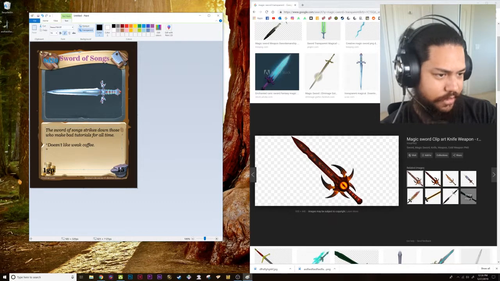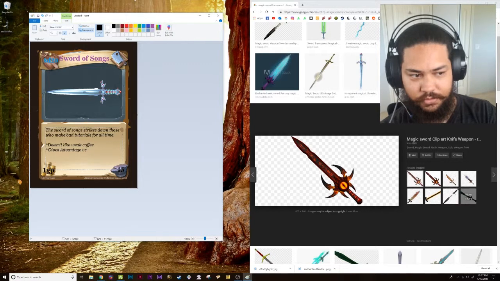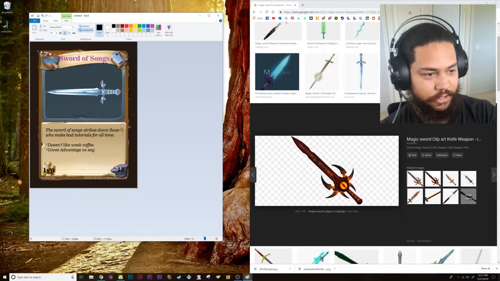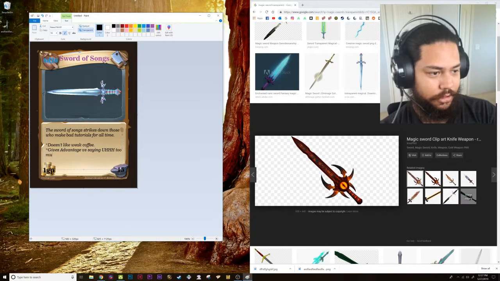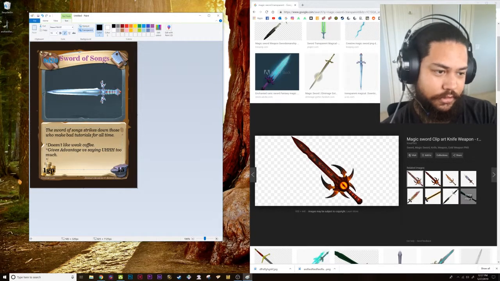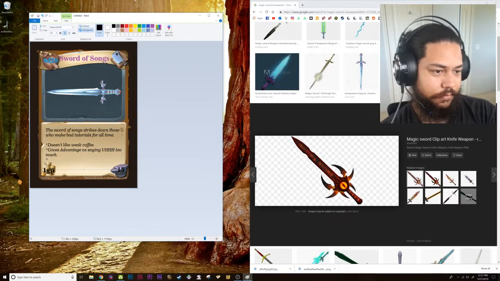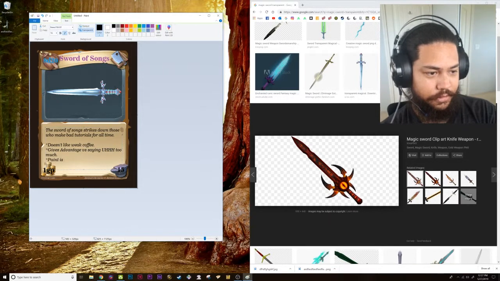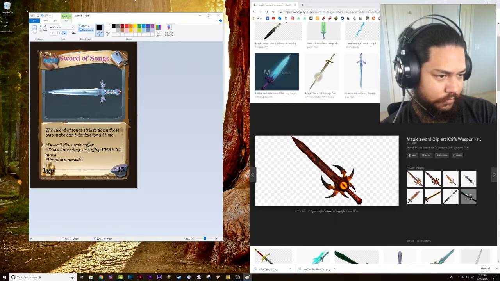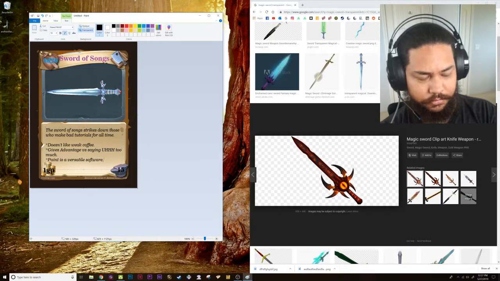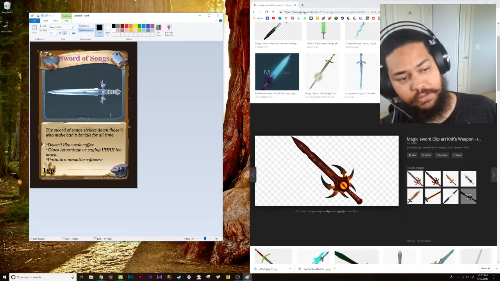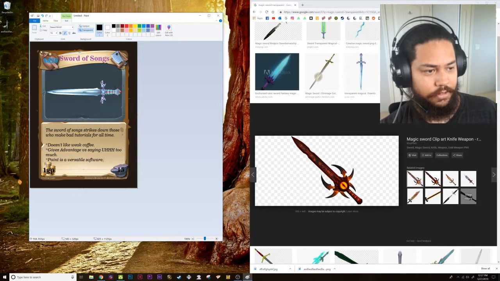Another condition is that it gives advantage versus saying too much. Another note is that Paint is a versatile software, whatever. And again, when you click outside this text field, like I said before, it's going to finalize that,